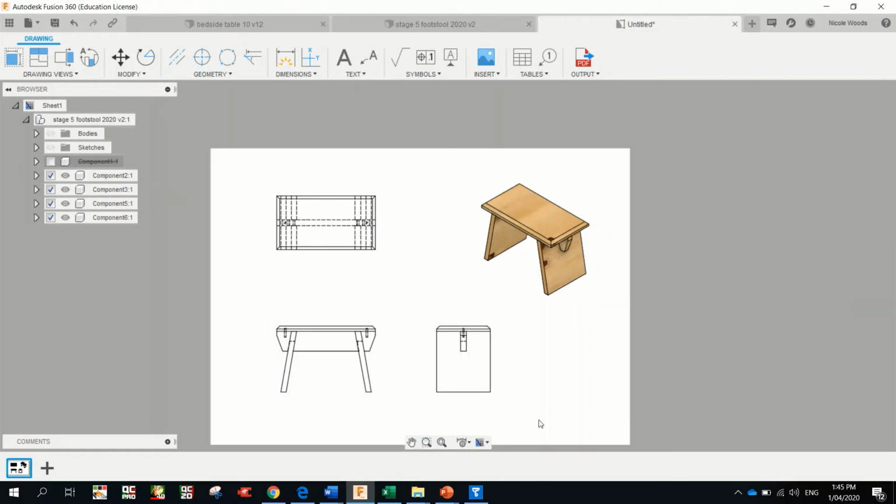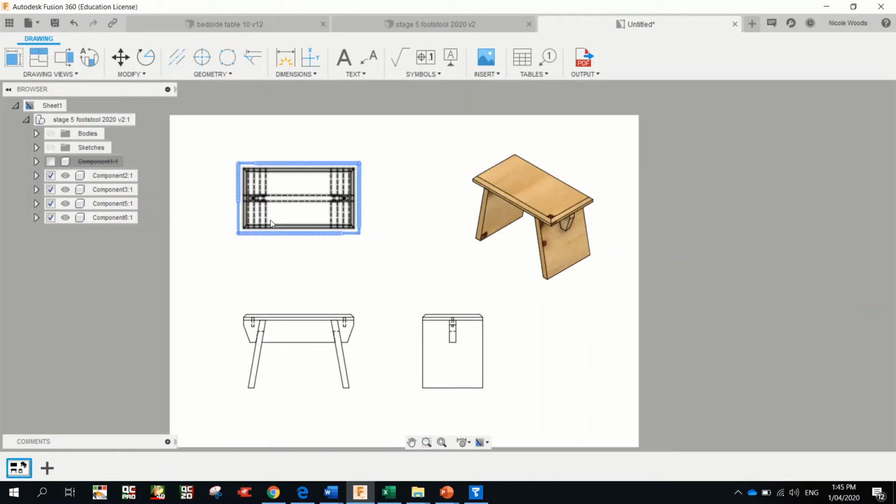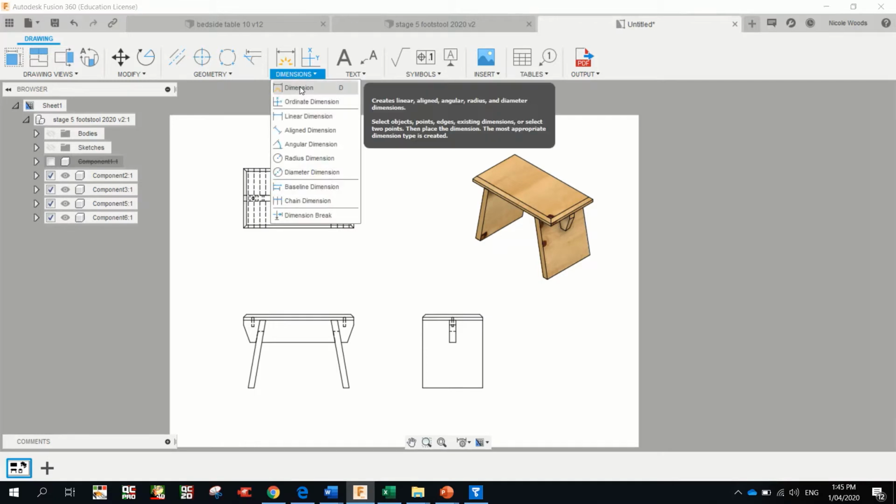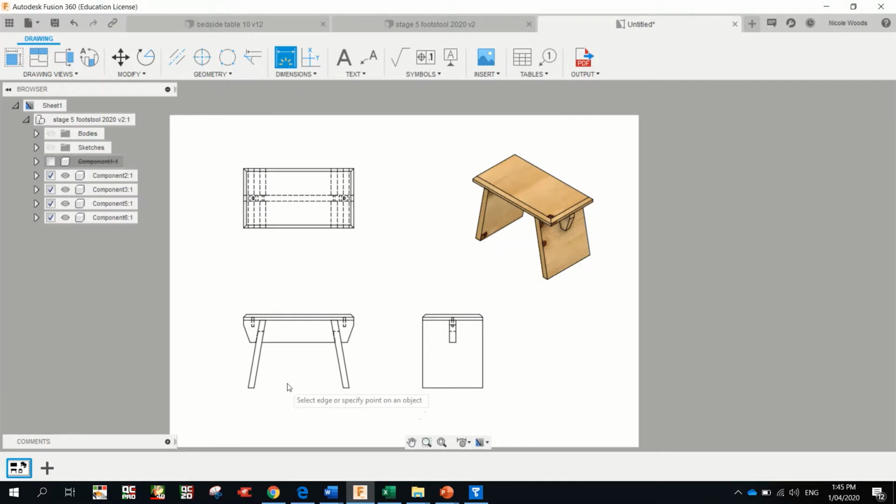Now we're going to dimension this. So up here, dimension, and it's just basically a click. So you don't click and drag, you just click your first point, click your last point, and then move down and click to place. Okay, so now I know I have to cut my leg at 190 wide, and I know from click,